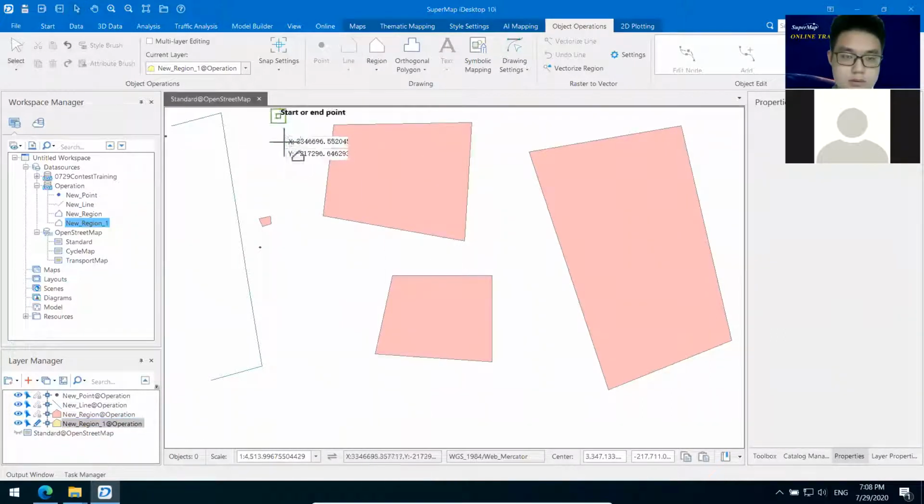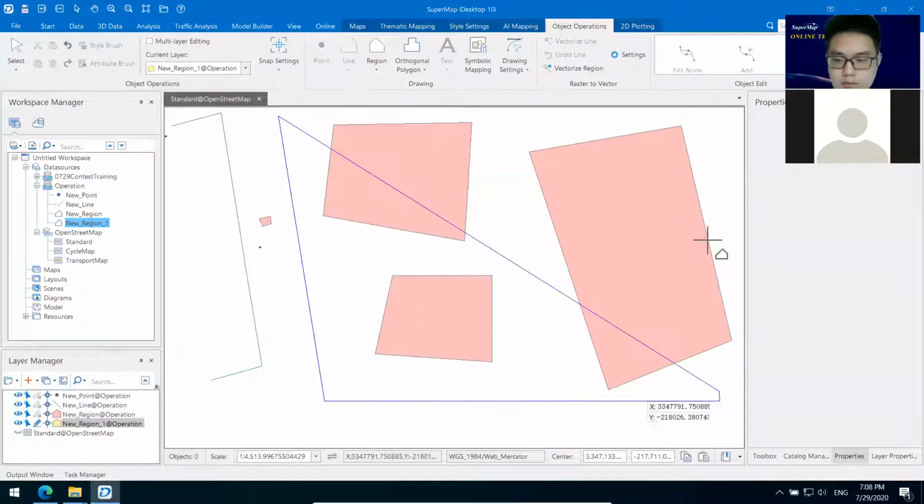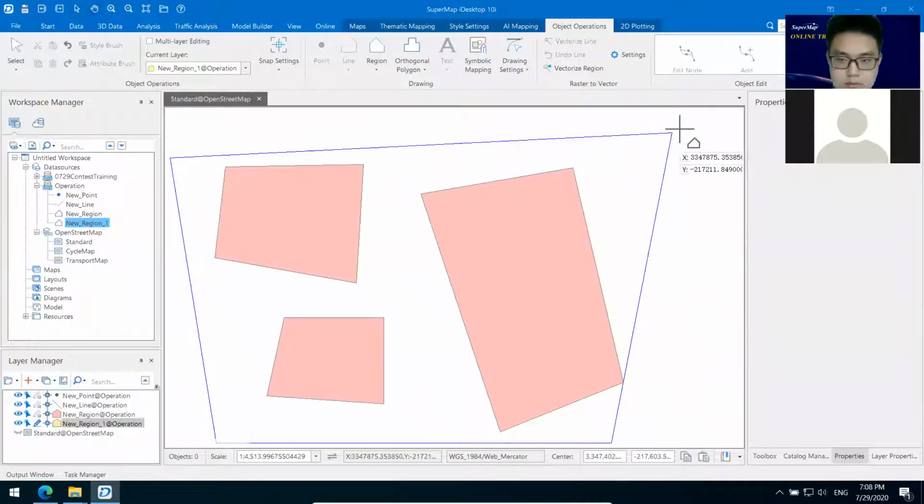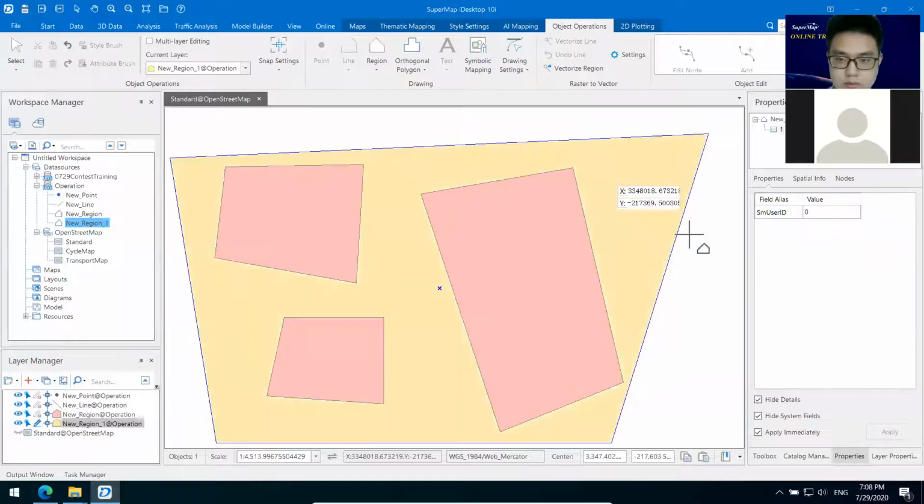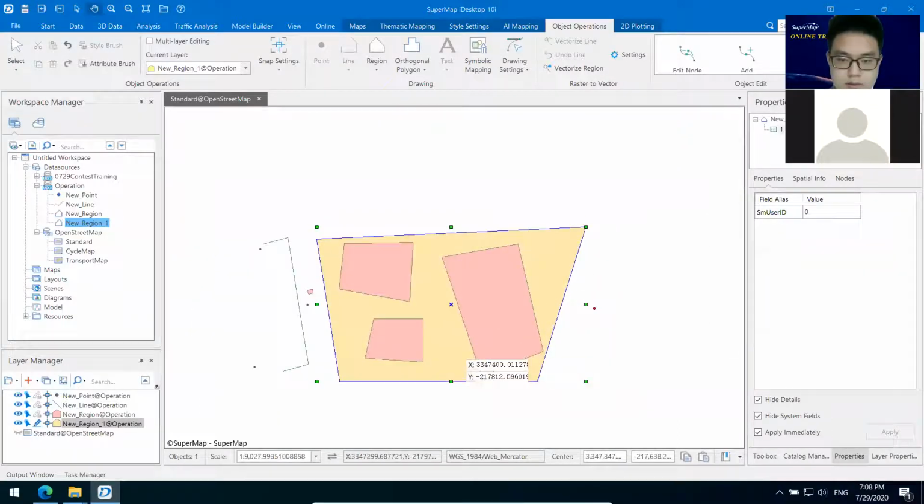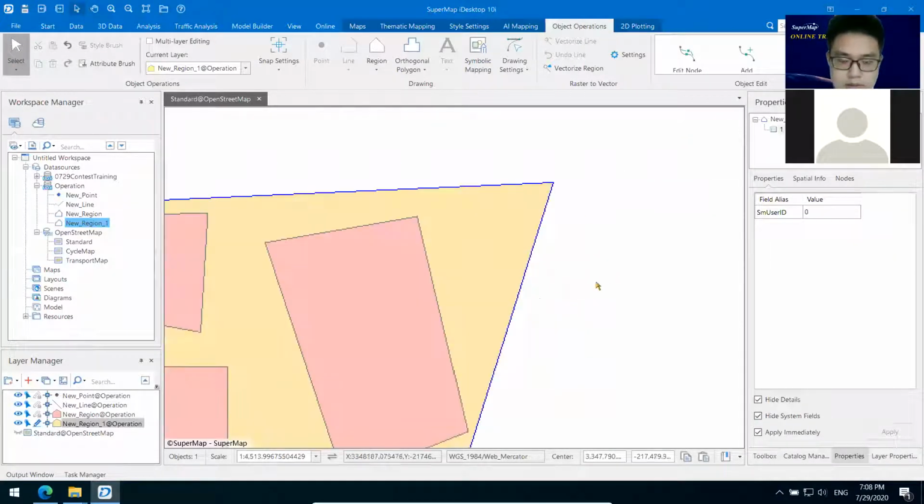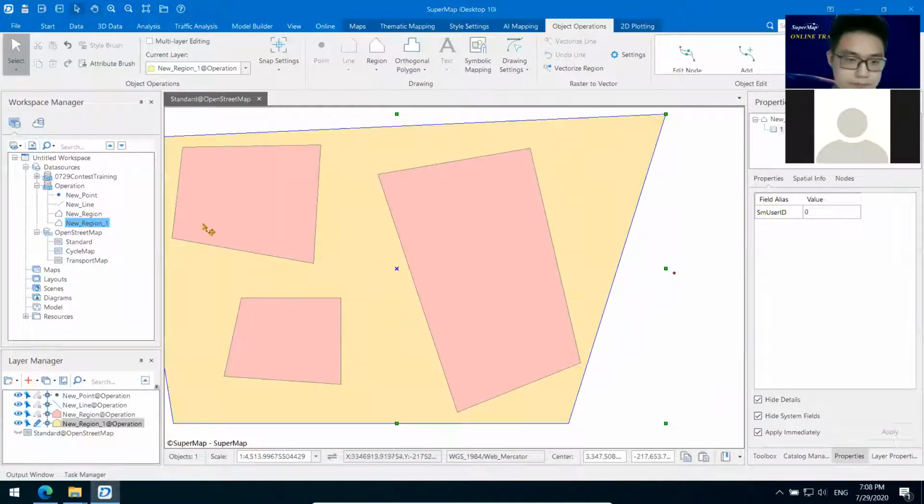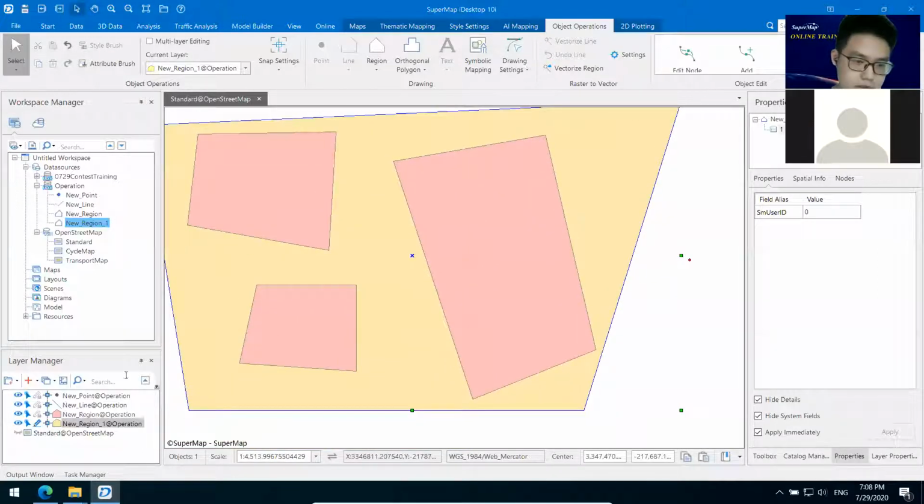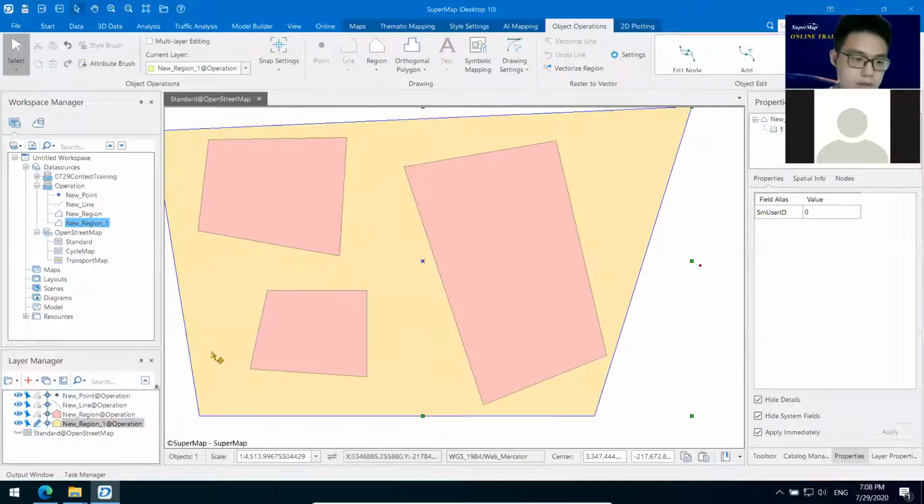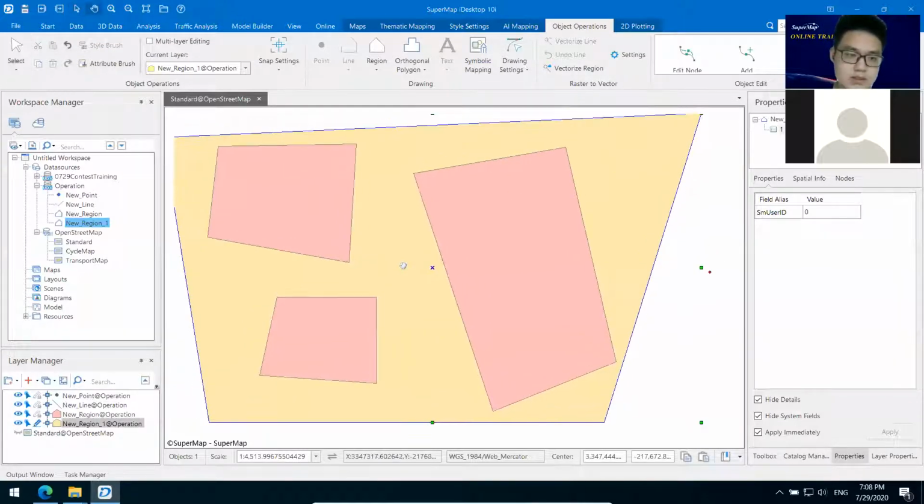Show polygon. Okay, you can see in the yellow area there are three pink areas, and if I want another data set that is outside, like the yellow area but without the pink area,